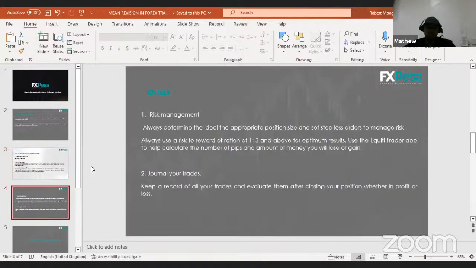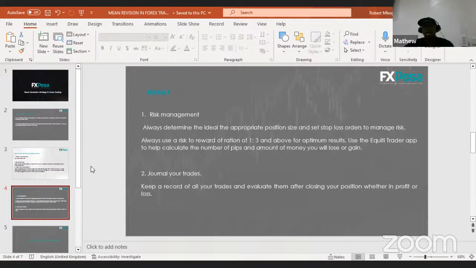But before we go to the live charts, remember in every setup, we as the FX Pesa Academy always advocate for risk management. This is where you must know the appropriate position size that you're supposed to use, where you're supposed to set your stop loss. Also remember the risk to reward. The ideal risk to reward will be 1:3 and above, but if you're using 1:2 is also